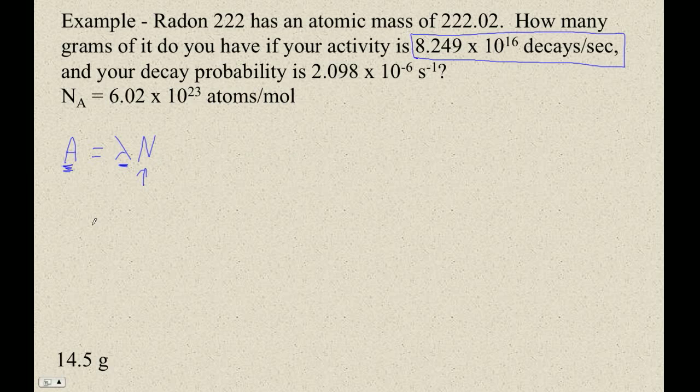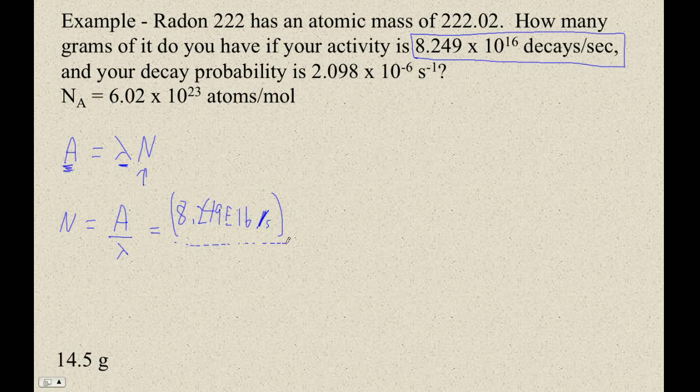So my first step is n equals the activity divided by lambda. That's going to be 8.249 E16 decays per second,